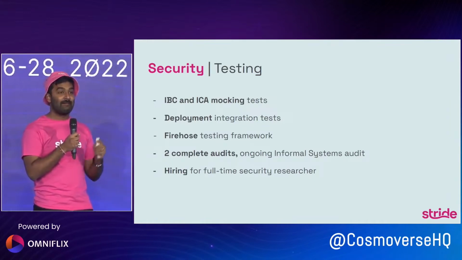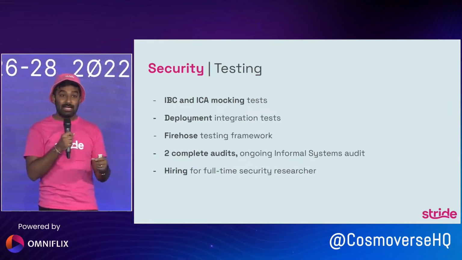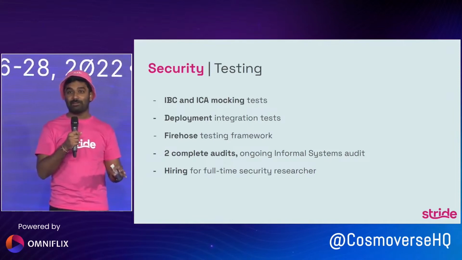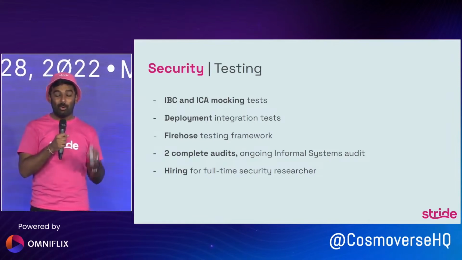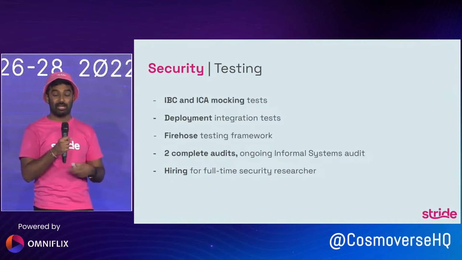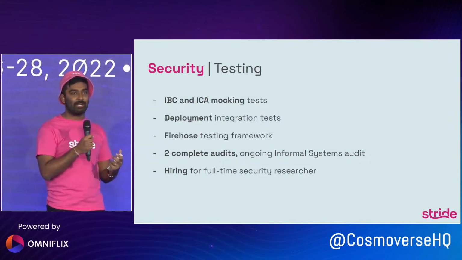After that passes, then we connect Stride mainnet to Osmosis mainnet, and again, run through a full suite of integration tests to make sure every core piece of functionality is working properly. Only after all of those things pass do we then count the product as launched and unveil it to the Cosmos ecosystem. But it doesn't just stop with integration tests.